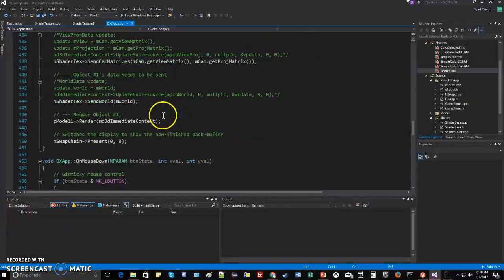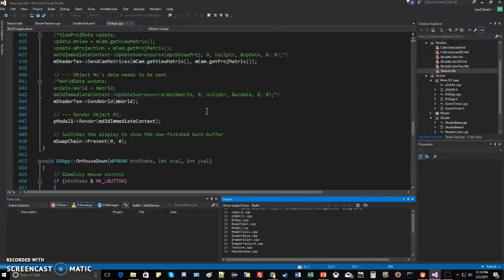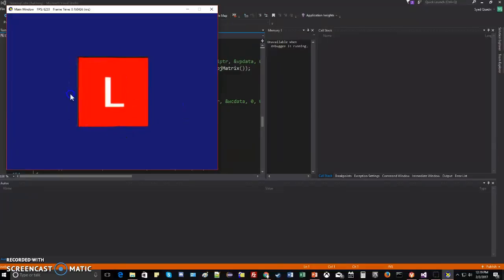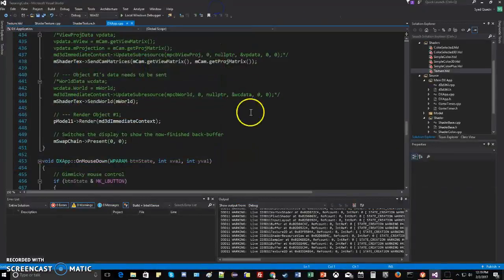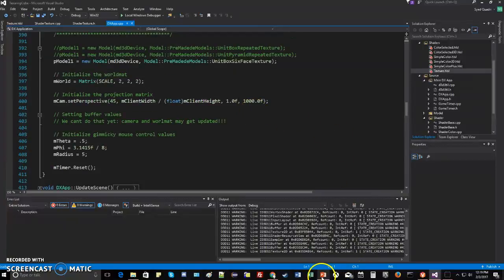We're sending the camera matrices and then sending the world and then rendering it, and then here we get the 6-face texture again, but this time we're using a texture shader class that we defined,